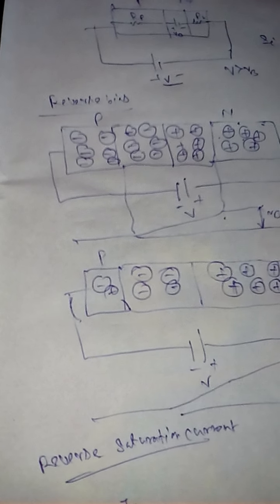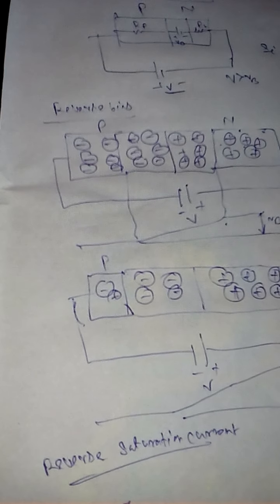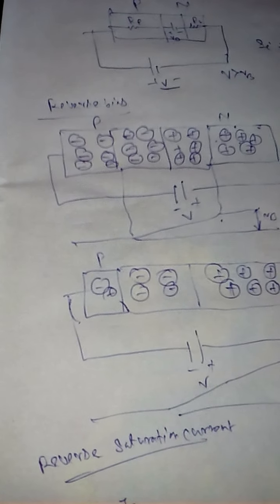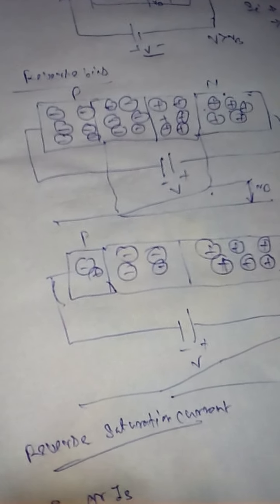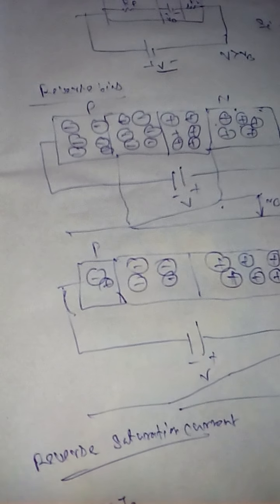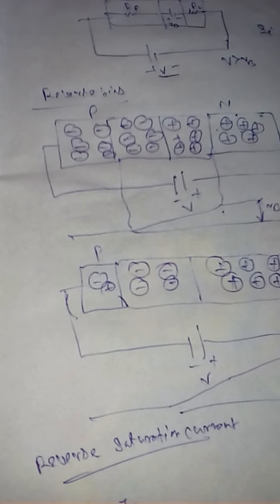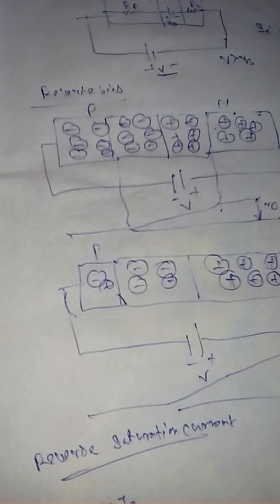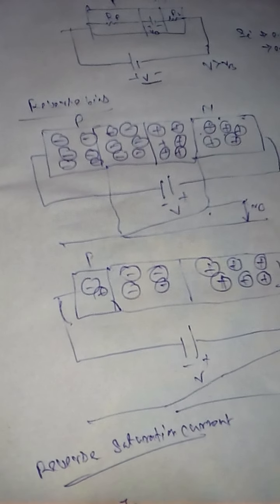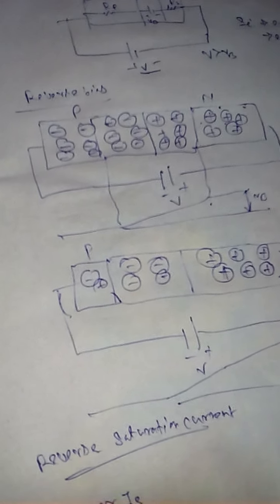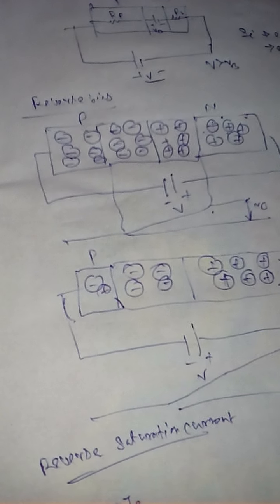In experiments it is found that the reverse current I0 doubles in magnitude for every 10 degrees centigrade of temperature rise. For example, for silicon, I0 is 5 nanoampere at 25 degrees centigrade, approximately 10 nanoampere at 35 degrees centigrade, and 20 nanoampere at 45 degrees centigrade. However, for germanium, I0 is 1 to 2 microampere at 25 degrees centigrade, but it increases to 100 microampere at 100 degrees centigrade.